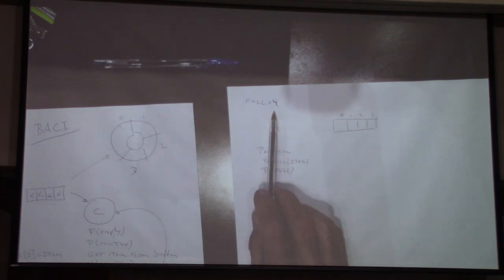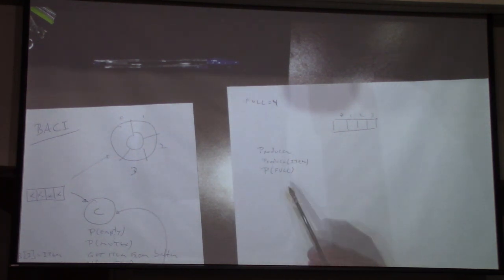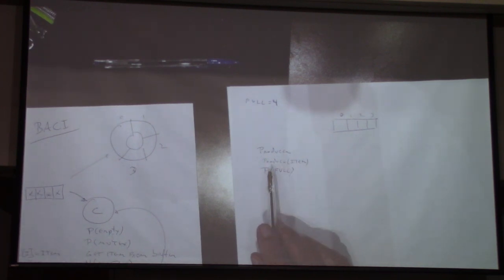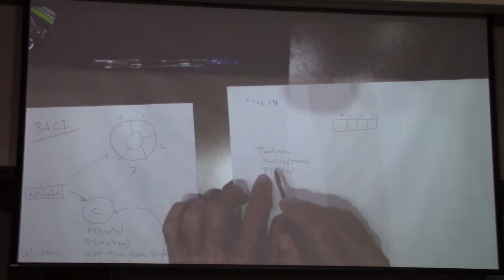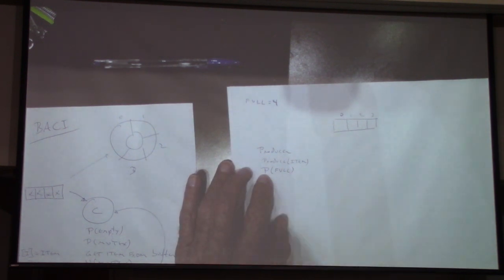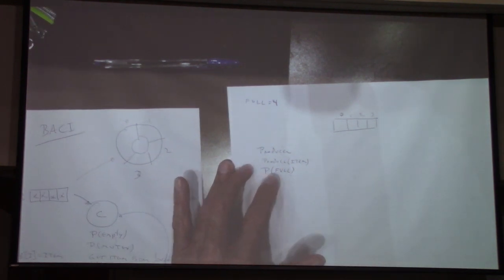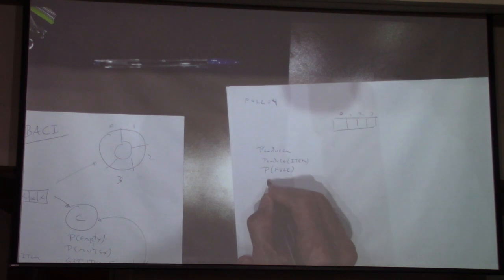How? If it is initially 4, and we go 4 times, each P means -1, right? Then -1, then -1, and then -1. Eventually, we get a number less than 0, and then we stop. Right there, the program will stop, because the buffer is full. Then we need another semaphore, which is empty. I'm sorry, mutex,